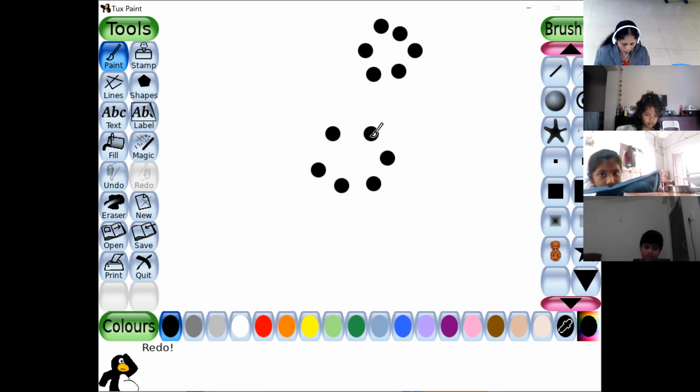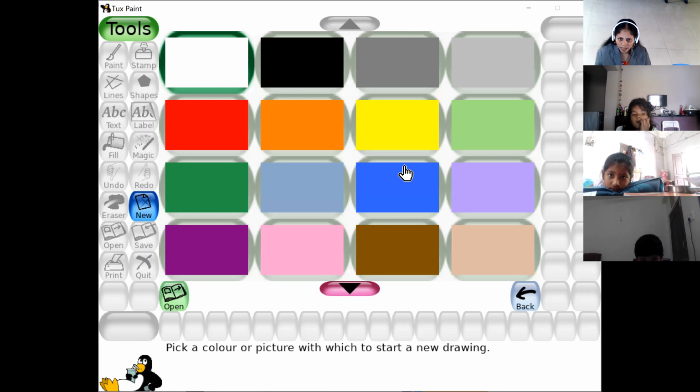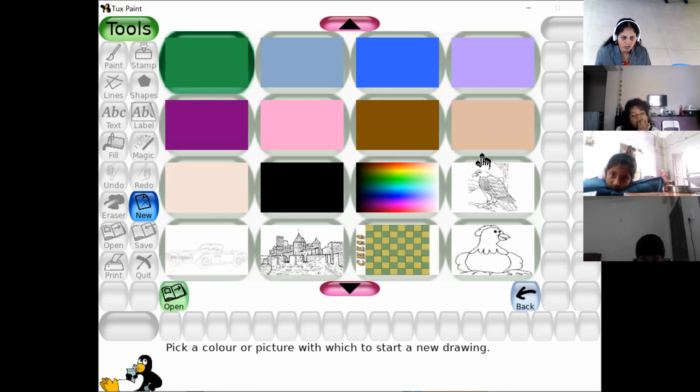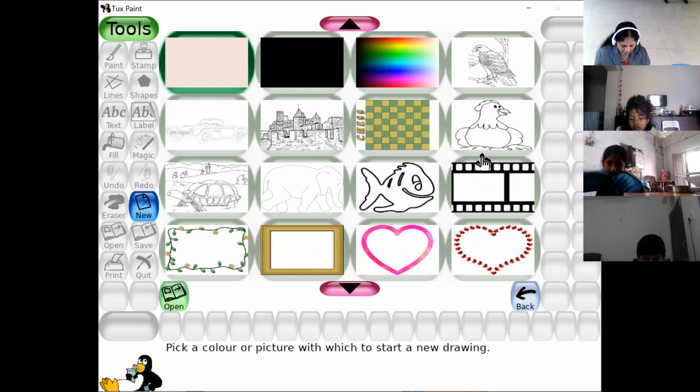Now new. Clicking the new button will start a new drawing. I have already shown you. New means it will open a new canvas area for you to draw a new picture. A dialog box will appear where you may choose to start a new picture using a solid background color or using a starter image. There are so many options available in new. Solid background means only simple colored backgrounds. And these are the starter images. If you want to start your drawing with an image, you can also do that. And you can also press Ctrl and N. Ctrl plus N opens the same thing.